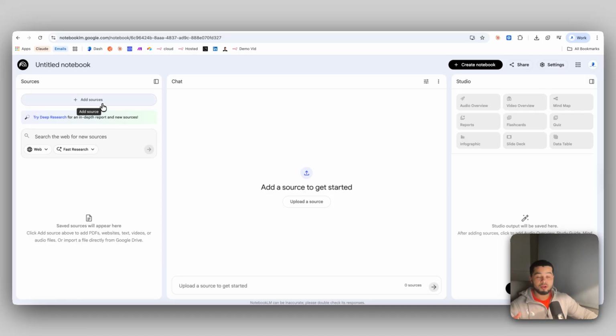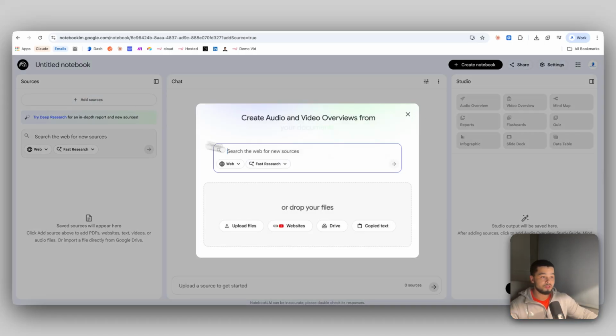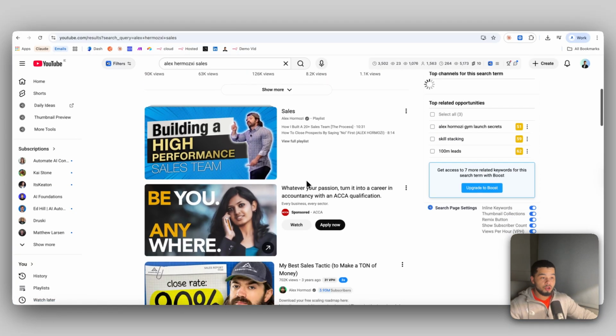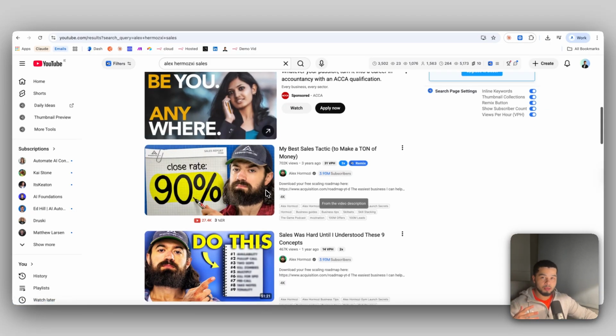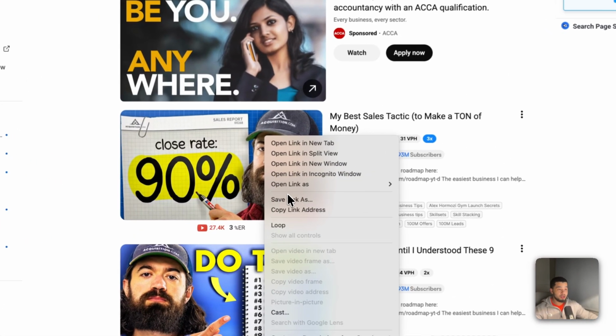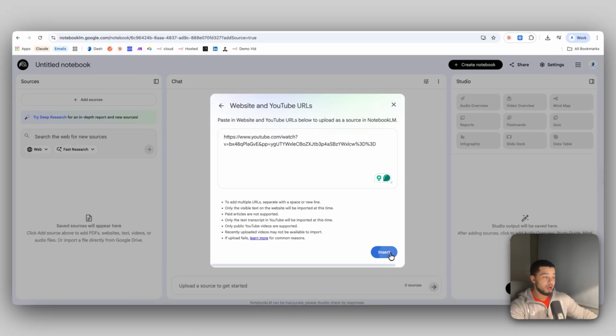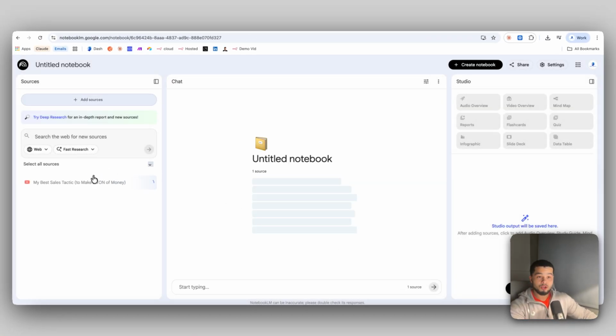So for example, over here in sources, you can add a bunch of different things. Firstly, we can upload files, so maybe I might upload a PDF. Secondly, we can upload videos, so we can add in any link in here. We can come over here to YouTube, and let's say I wanted to add in a bunch of these Alex Hormozi videos on how to get sales. So I'll copy this link, bring it over to NotebookLM, and paste it in here. And when we press insert, you can see NotebookLM is taking in that full video,